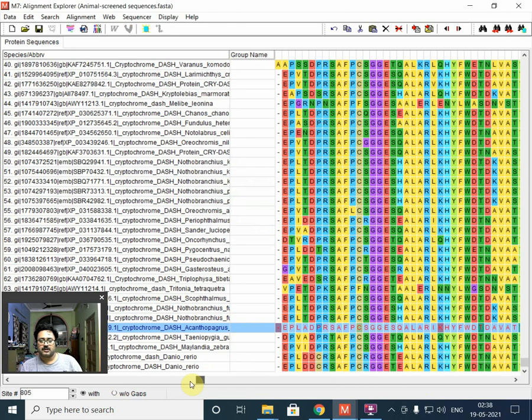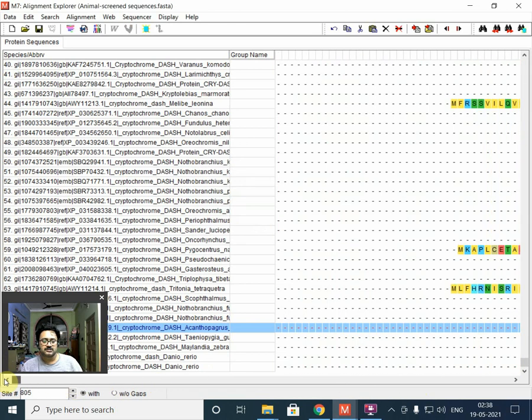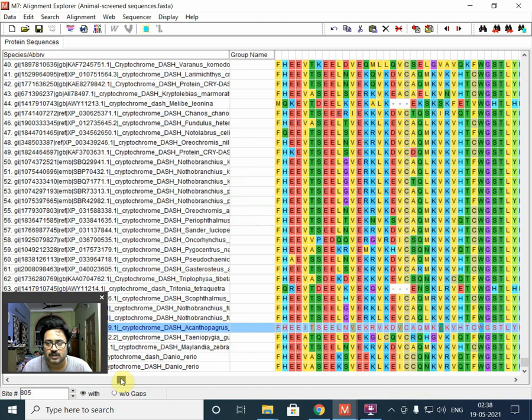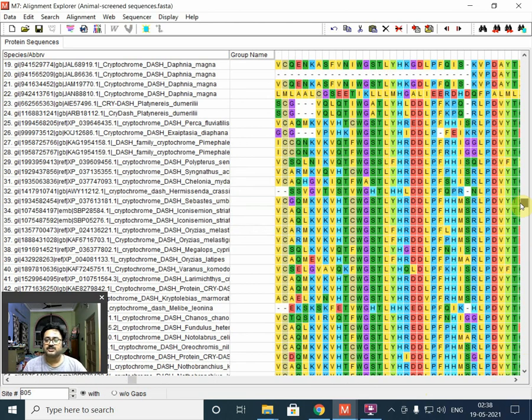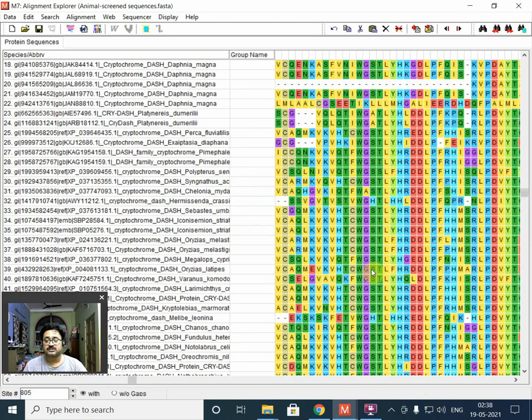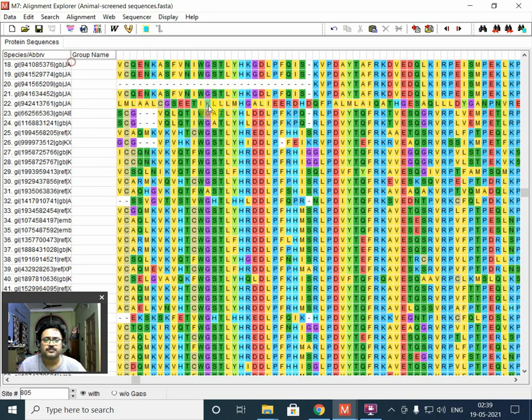If you remember the last class, I mean the last video, the problem that we had within the sequences is that some of them contain areas which are not present in other sequences. As I mentioned in the last video, because this is present in only one sequence, there is a probability that this has been a mistake during the sequencing, or there are some other issues which we don't want to get into.